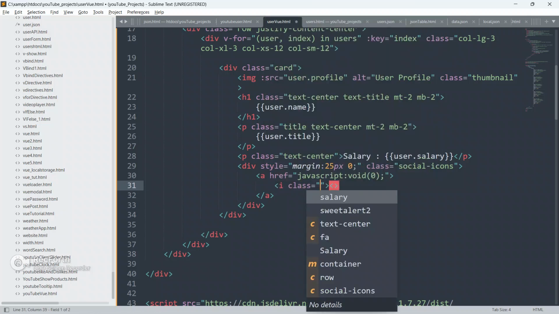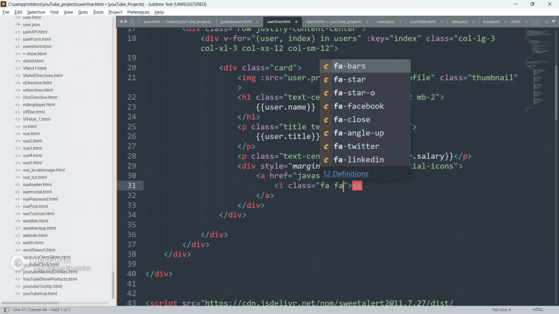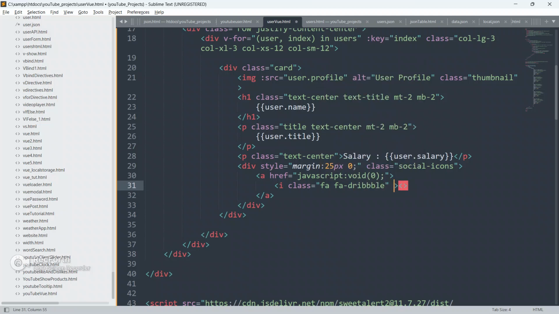Now inside this anchor tag I am gonna use an i tag and give class fa fa-dribbble, and give the aria-hidden attribute equal to true.